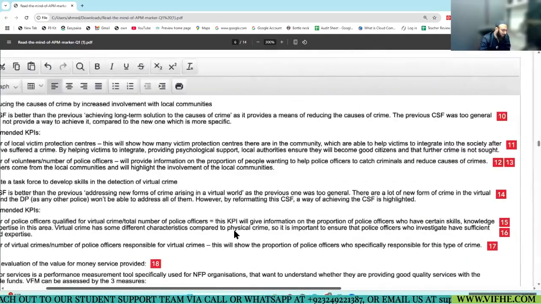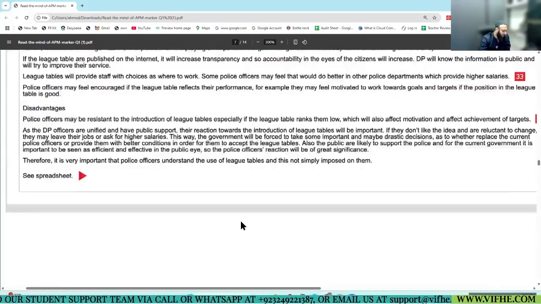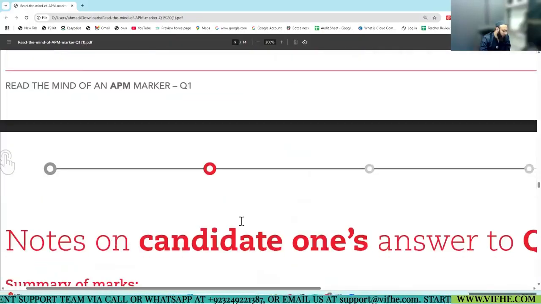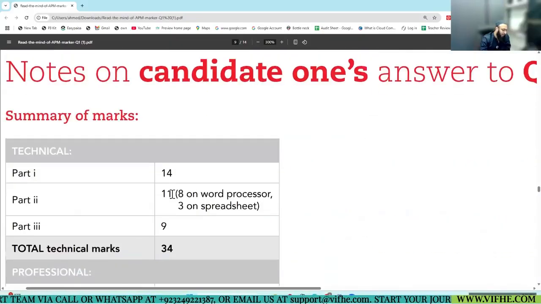I think it's written at the bottom as well. 11: 3 for calculation, 8 for the discussion part. In these 8, 3 are for the definitions. So 3 for definition, 3 for the calculation, 6 marks. Easy. 11 out of 14. Wow.